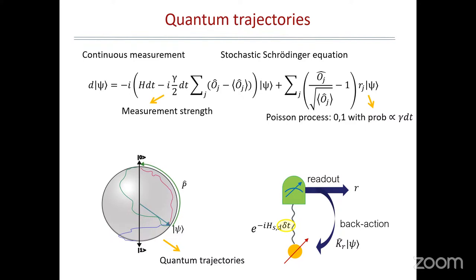The other important aspect is to look at the coefficients in terms of R. This depends non-linearly on the state because there are expectation values. In this case, the measurement process is controlled by one parameter, which I'm referring to as the measurement strength, which you can control in many ways. It is the rate of the dephasing induced by the measurement, or if you want, it is also the coupling between your system and the detector.